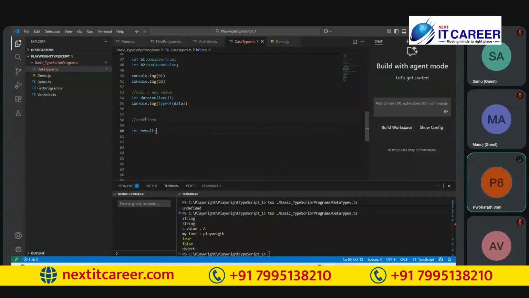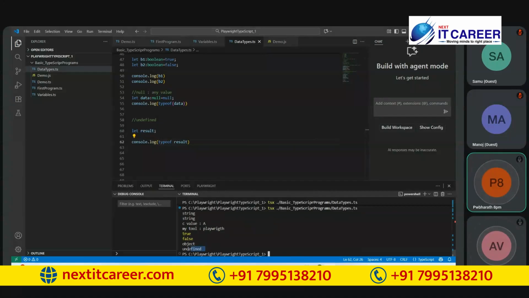So if I am not defining anything, just now we saw it is going to return undefined, right? Yes, Bharat. Like this also we can get it, parentheses are not required. So see, by default it takes undefined, right? Yes, Bharat. So undefined and null both are similar.